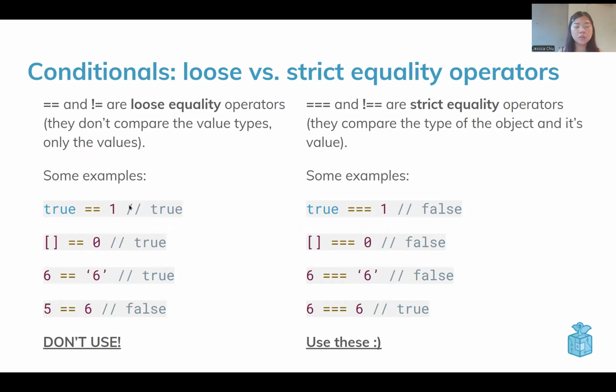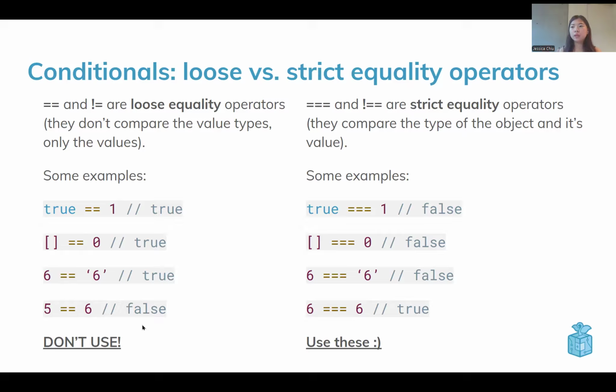So for example, if it compared true and one, well, technically those are both true in terms of Boolean values. So then that would result in true. Another example, if we compare six, the number, and six, the string, that would also result in true, which we don't usually want, okay? We usually want to make sure that we compare the type of the object and the